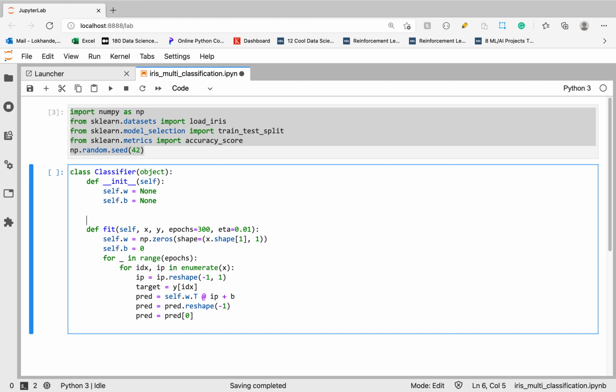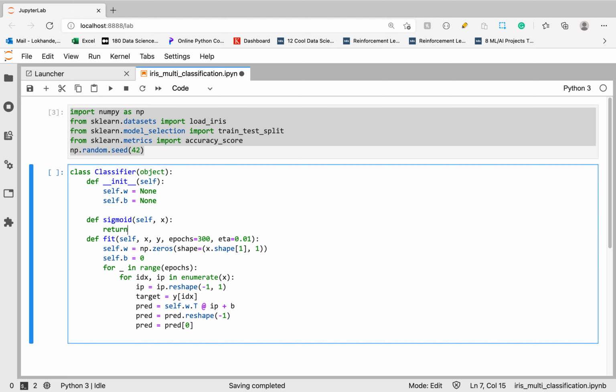So let's write a sigmoid function. The sigmoid function is very simple. So self, comma x, it simply returns 1 divided by 1 plus e raised to minus x, so np.exp of minus x. This is the sigmoid function. We apply this sigmoid function on our prediction.